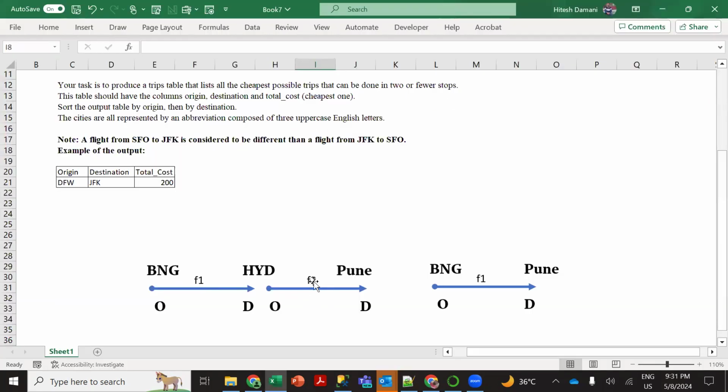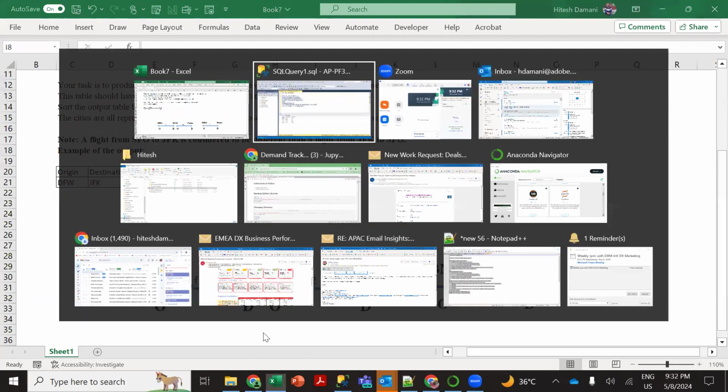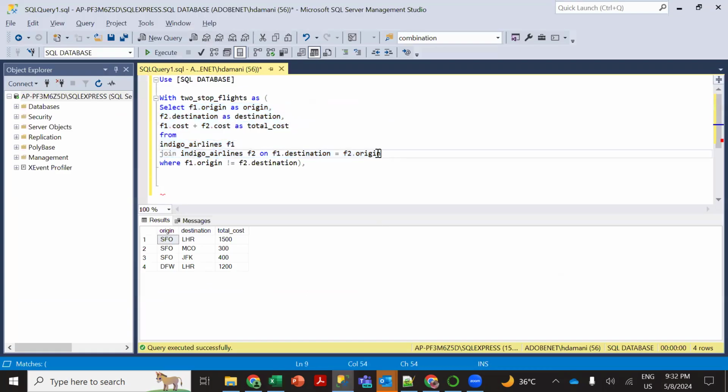And if I say flight two's destination, let's assume we are not having this city over here. Then flight two's origin and flight one's destination will be a one-way journey, because we are not having this particular city. So for that, I will use this piece of code as is,